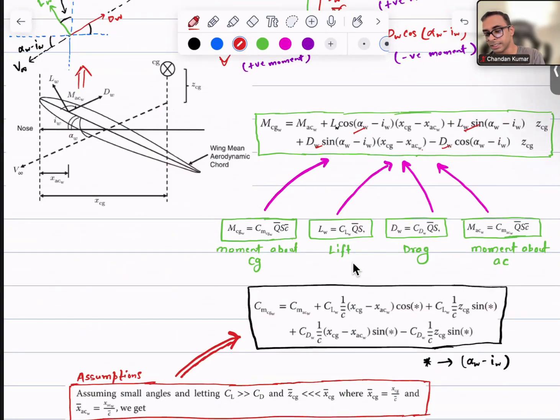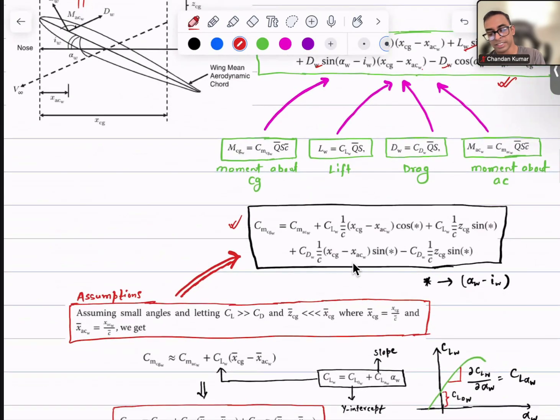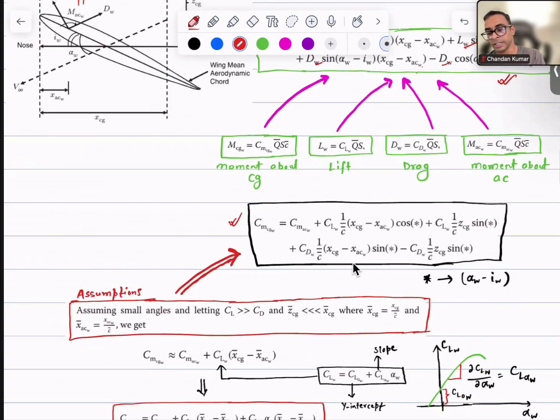So we can write the moment and lift in terms of coefficients like that, and when we substitute this expression in this main equation over here, we can reduce that in coefficients, and this gives our moment coefficient about the center of gravity from the wing,